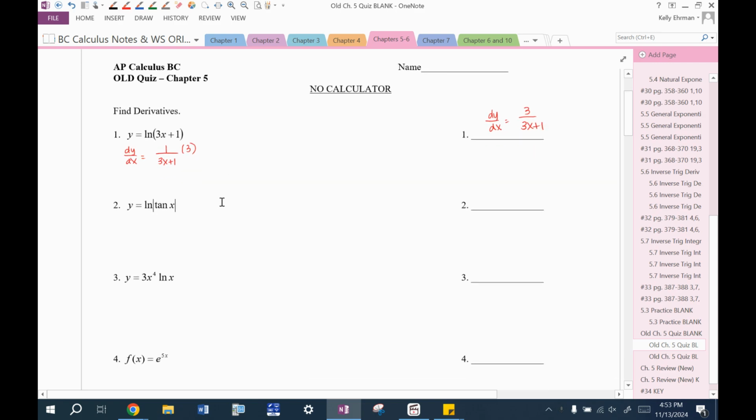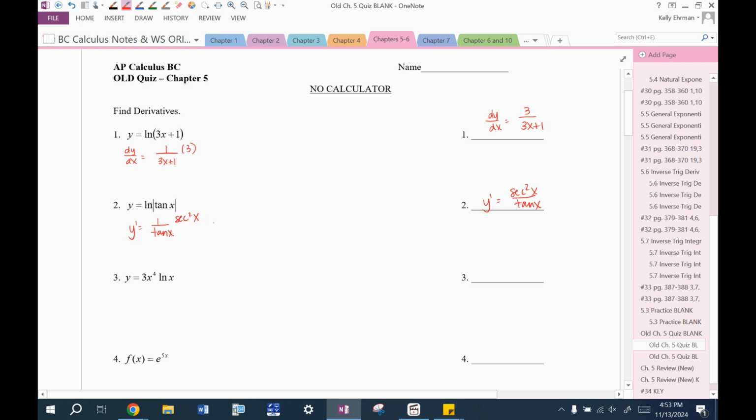Same rule for natural log here. So y prime becomes 1 over tangent. And then the derivative of tangent is secant squared. Now you can leave it like this, or